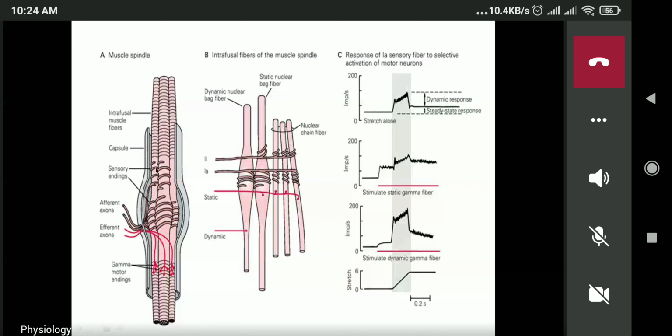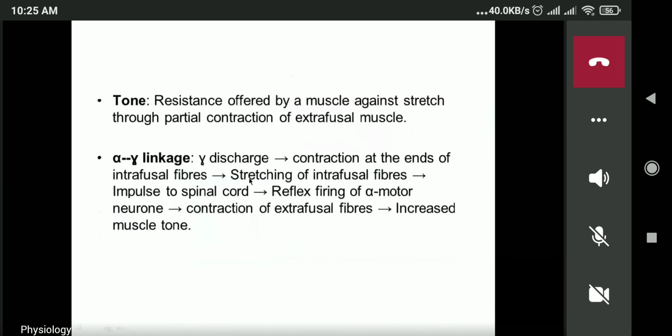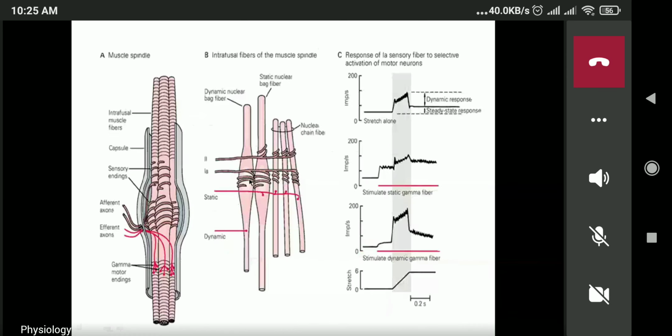One is 1A fiber. It is innervating the dynamic nuclear bag fiber, static nuclear bag fiber, and chain fibers. So nuclear chain fibers and two types of nuclear bag fibers all are innervated by 1A